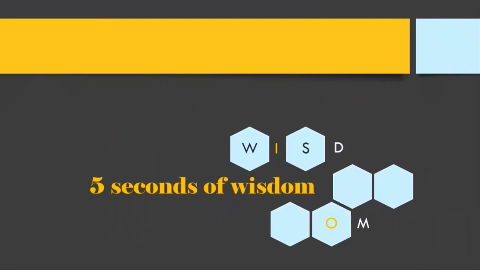Oh, 5 more seconds of wisdom. The first swimming goggles were made from tortoise shells in 14th century Persia. Rubber goggles were not invented until the 1930s. I don't know how you swim with tortoise shell goggles, but